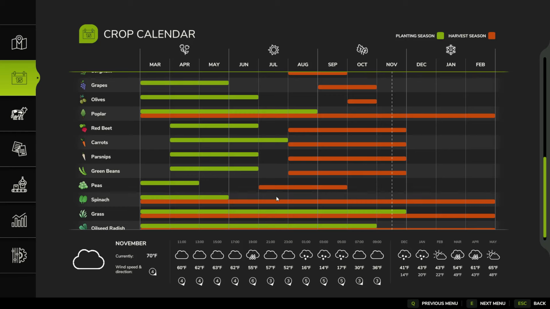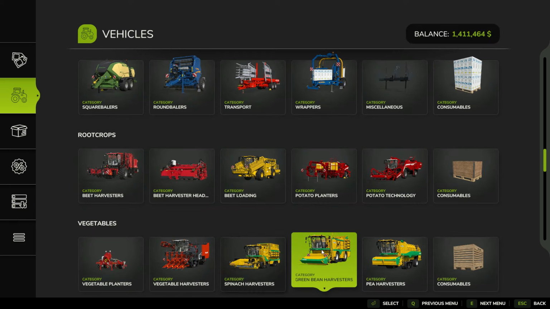Starting off, let's have a look at the calendar here. We're going to be planting them in April, but you can see you can plant them in April, May, or June, and the harvest season here extends all the way into November. We're going to be planting them in April, harvesting them in August, and to harvest them, we will be using